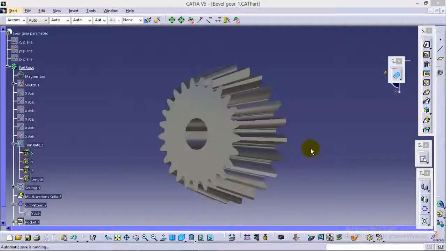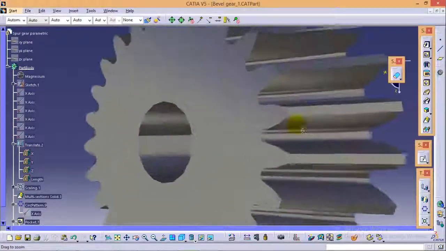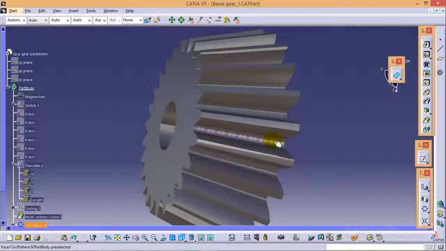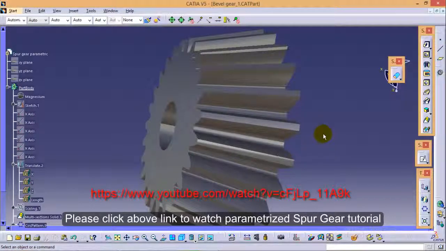In this particular tutorial I'll be showing you how to create a bevel gear in CATIA V5. A bevel gear is generally used to transmit power between two shafts which are at a certain angle, or mostly at a right angle. In a bevel gear, the teeth are made on a conical profile surface, as you can see here. The tooth profile could be either straight like a spur gear or helical like a helical gear. In my last tutorial I completed the spur gear design, and we can use the same figure to make a bevel gear also.